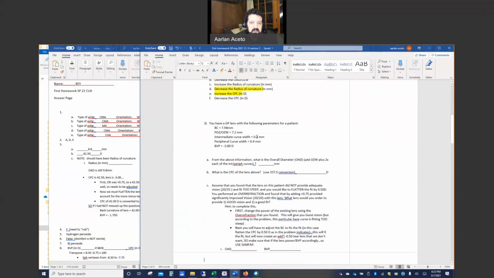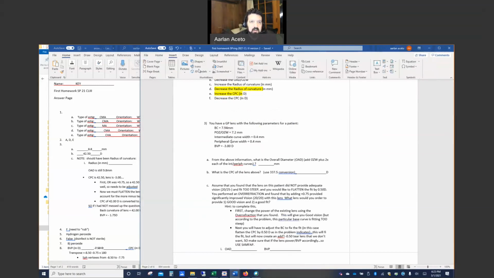You have a GP lens with the following parameters. Here's my base curve, but notice how it's in millimeters. I could ask for that in diopters, which we will. I've given you the optic zone width, and this one is a tricurve lens because it's got the primary, secondary, and peripheral, or primary, intermediate here. So if we put it on a circle, remember, you'd essentially be looking at,